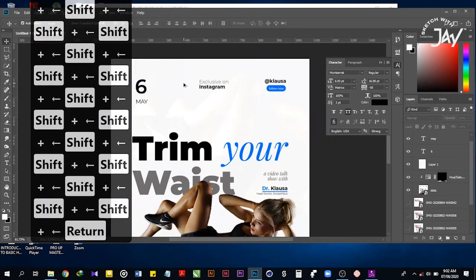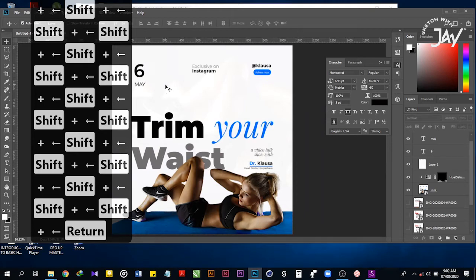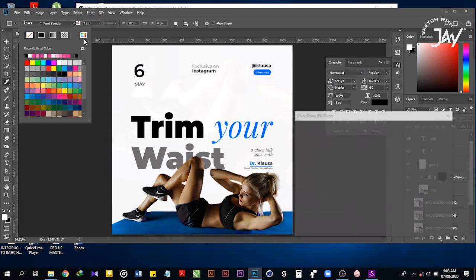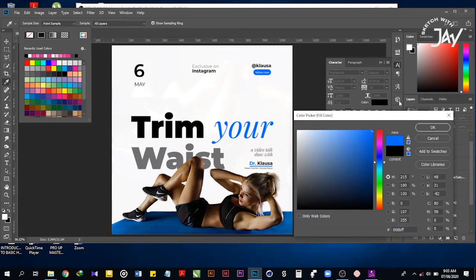So as I explained, because of the dominant forms, what I mean by forms are shapes and everything that shapes are made with. Because of the dominant forms here, which is your typography, we want to use forms that have similar properties. So in this case we are talking about rectangles with sharp edges, not rectangles with soft round edges.